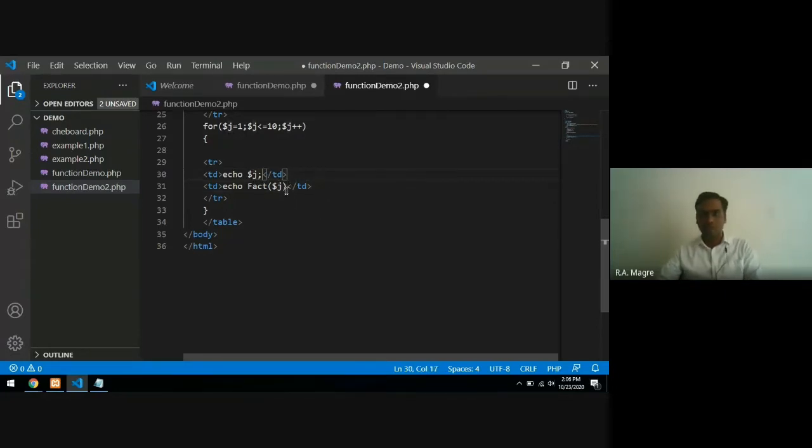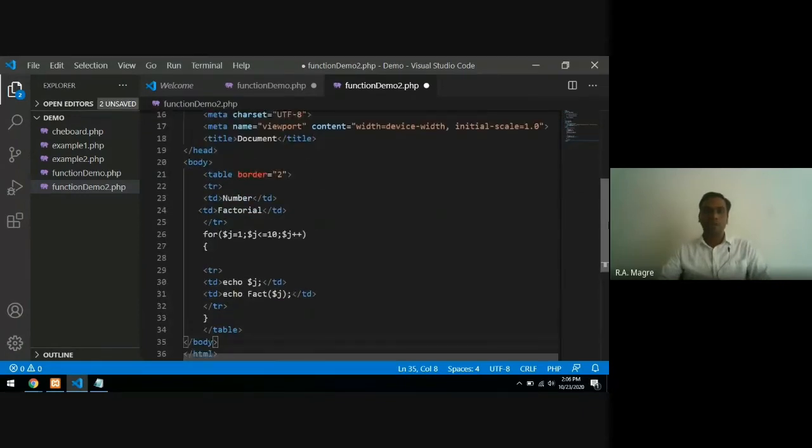Give a semicolon here, give a semicolon here, and now the PHP code I will write in PHP tags. So here I will modify, this also I will modify, then this.